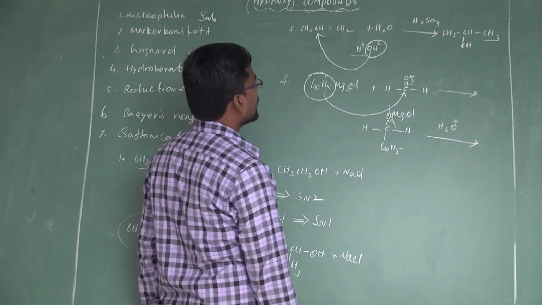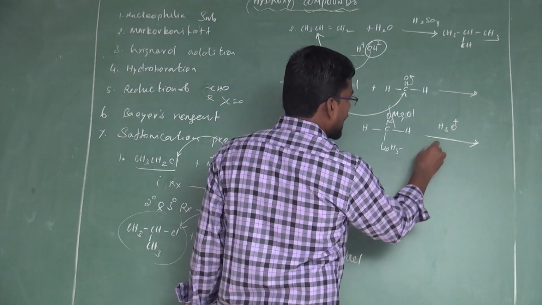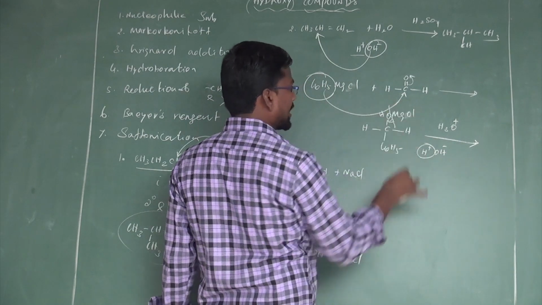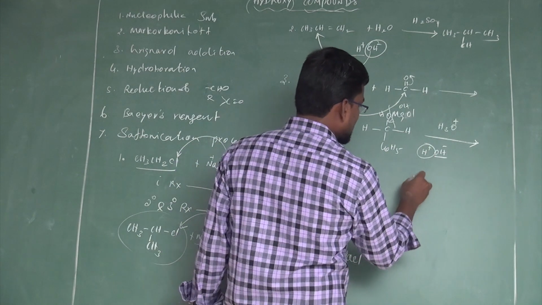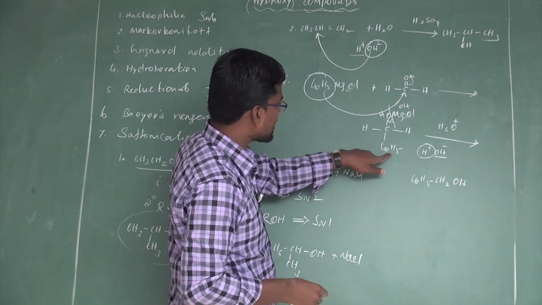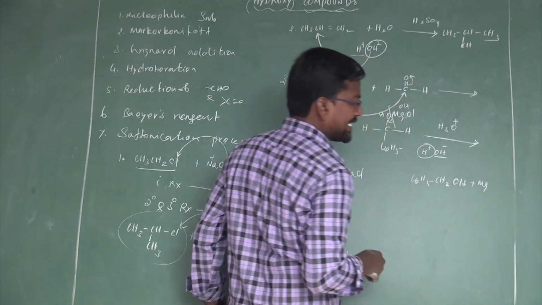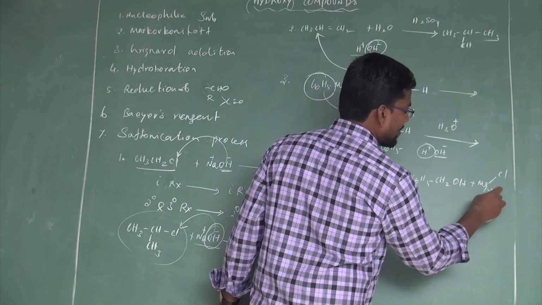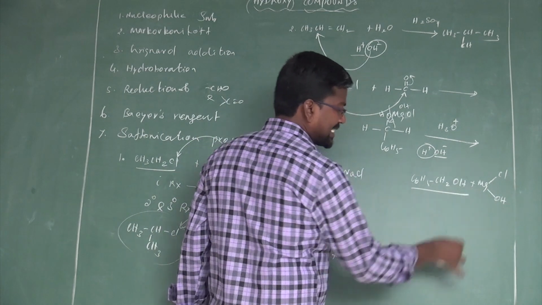Both lone pair of electrons then move towards here, or the H3O plus dissociates to form H plus and OH minus. H plus can combine with the oxygen atom. OH minus can combine with the magnesium atom to form C6H5 CH2 OH plus magnesium valency 2. One valency set by Cl. Another one valency set by OH minus ion, OH, to form benzyl alcohol.